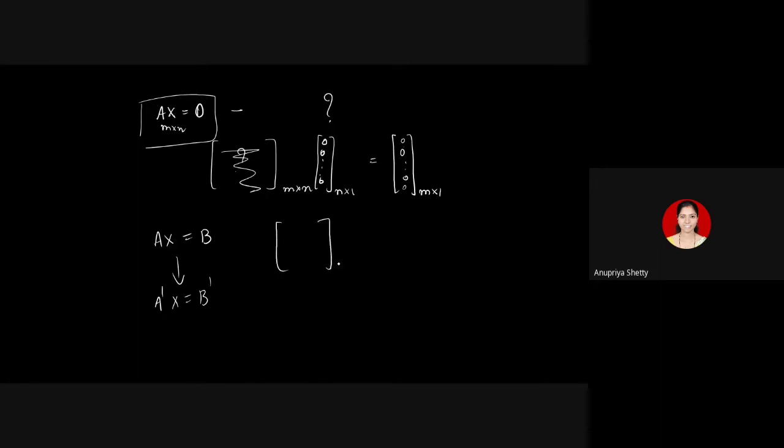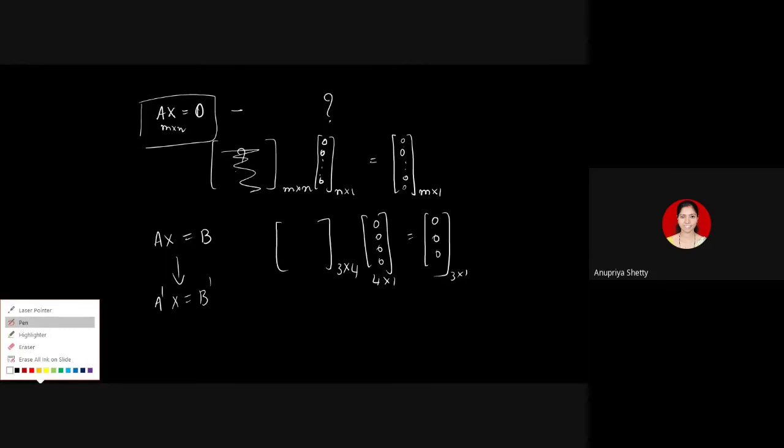When B is the zero column, x equal to the 0 vector is always going to be a solution. If I take a 3 by 4 matrix A, and take a column containing 4 zeros, that is always a solution of this system. Here there are 3 zeros on the right side, remember? Matrix multiplication is compatible only when the orders are taken in this way. So the column with the 4 zeros is always a solution. So definitely there is one solution. We are interested in knowing, is there any other solution possible for Ax equal to 0 or not? So this corollary speaks about that.